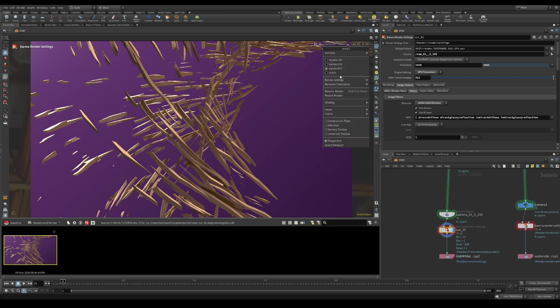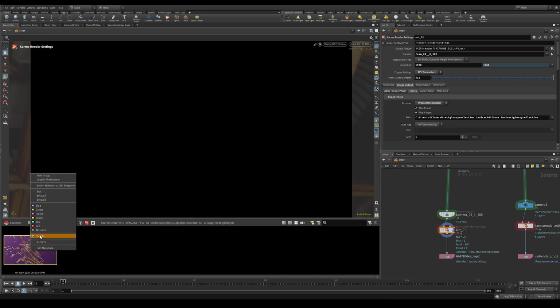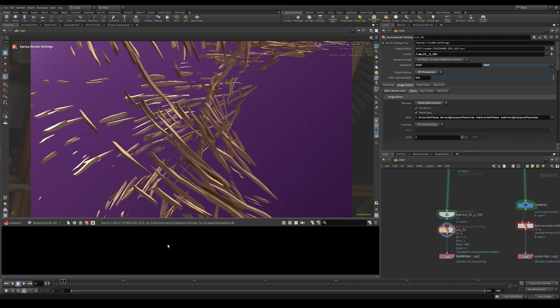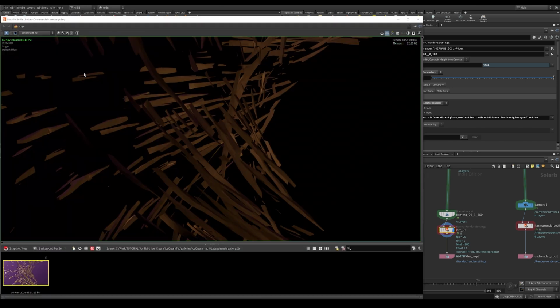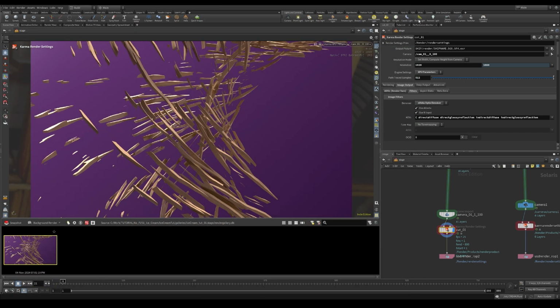So now if we take another render, so restart render, let's delete this old snapshot and let's save another one, pause the render, double click on the snapshot, and now if we go on the single pass, you can see that the denoise is happening also on the single passes. So finally, let's